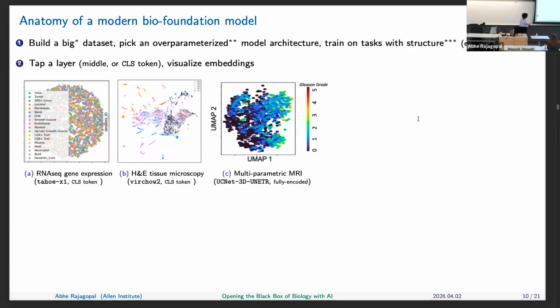And you can see, I'm sorry, the legend is a little low, but it's from a scale of blue to, let's say, a hot pink is Gleason grade, which is a cancer grading scale. And you can see that, okay, there are clusters of high cancer grade and low cancer grade and so on. So maybe there's some structure in the model.